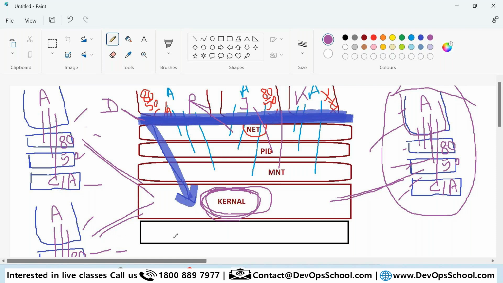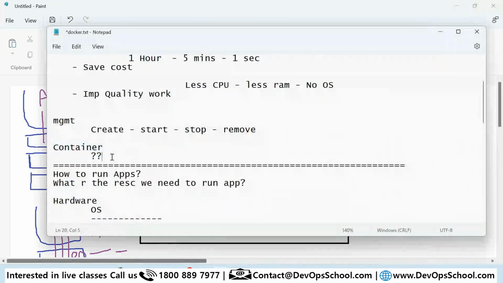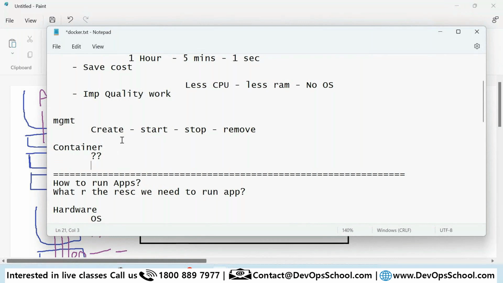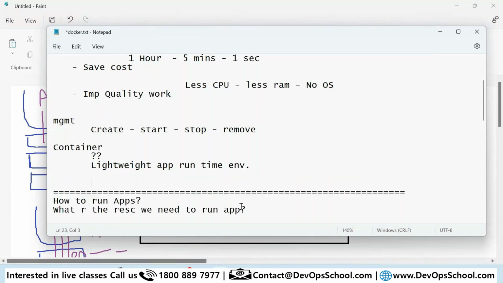So guys, this is the technology which we are working with now. So this is a container. There is a functional definition: a container is lightweight, which means it consumes less CPU and so on, because there is no operating system cost here. So it is a lightweight application runtime environment. Okay, the technical definition is that a container is having one network,